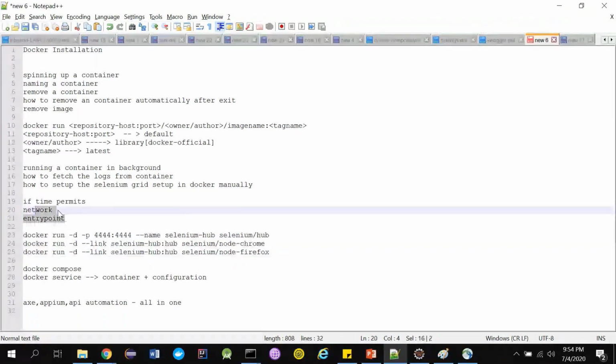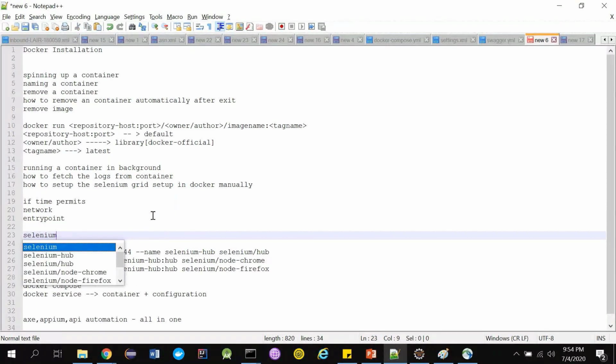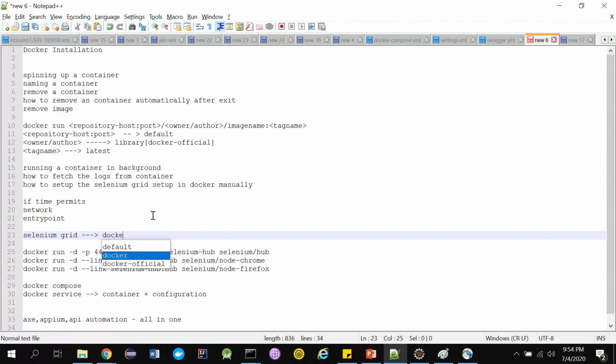So our ultimate aim is to create a Selenium grid setup in Docker. If you guys have already done a Selenium grid setup in your local, it's very difficult, guys. I'm telling you that you need to download the jar file, you need to run some commands in your hub, you need to run some commands in your nodes, and then everything will work. So it's really very difficult to perform all these things.